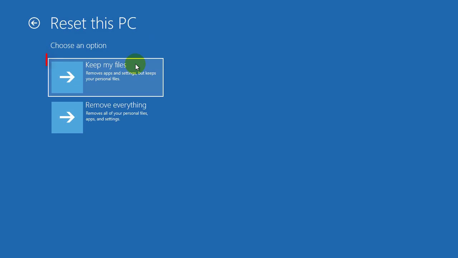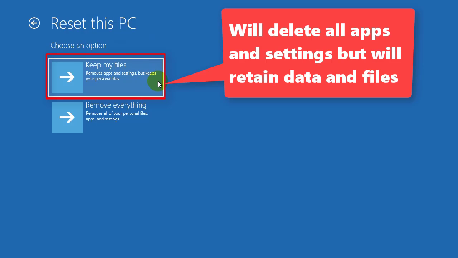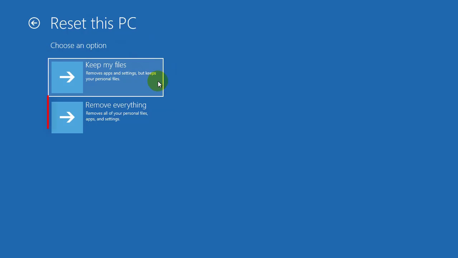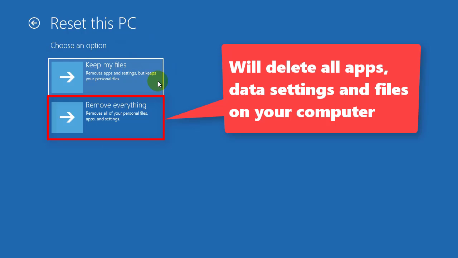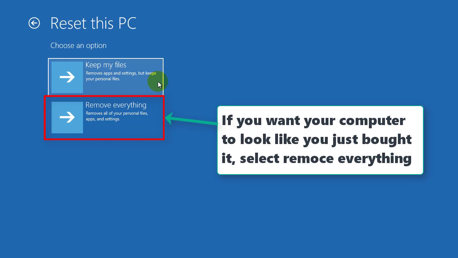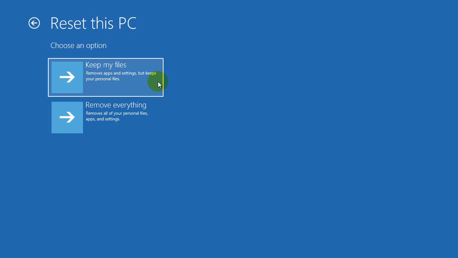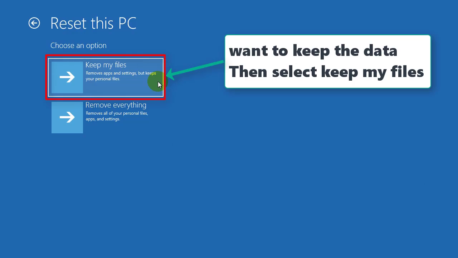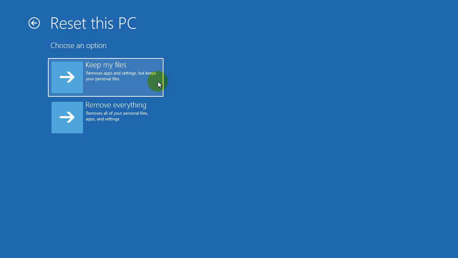Here, Keep my files will delete all apps and settings, but it will retain the data and the files, and Remove everything will delete all the apps, data, settings, and files on the computer. If you want your computer to be as new as when you bought it, choose Remove everything. Want to retain the data? Then select Keep My Files, and the machine will reboot, and